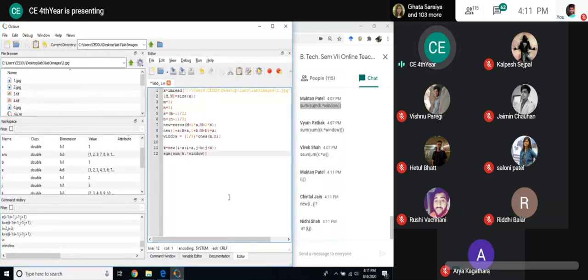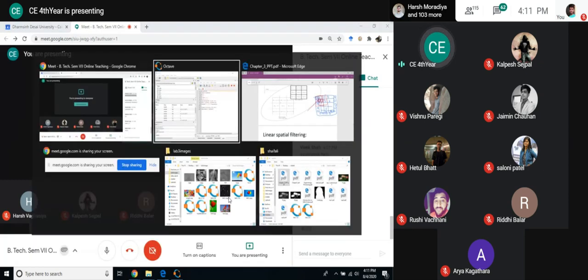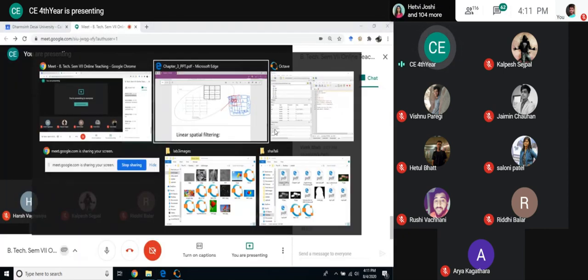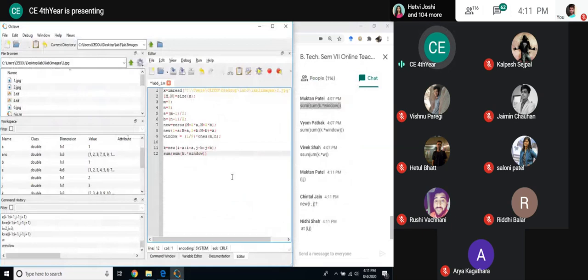But see, what is the problem if I am doing new ij, Chintal? The problem will be that the element will get altered. Suppose I am replacing here, it will get altered, and when I calculate for this, what I need is the original element. I don't want to calculate with the altered element. So I think the issue is clear to you.